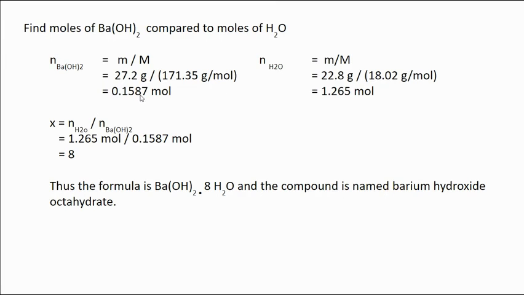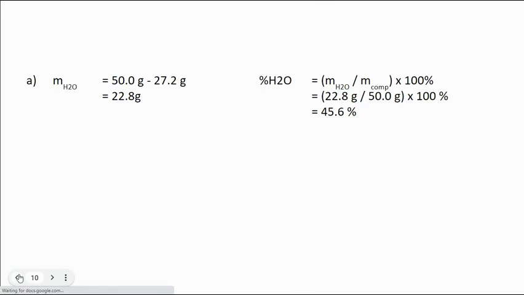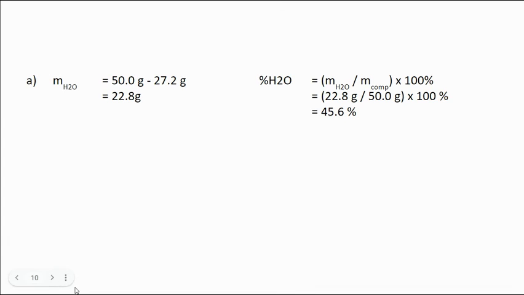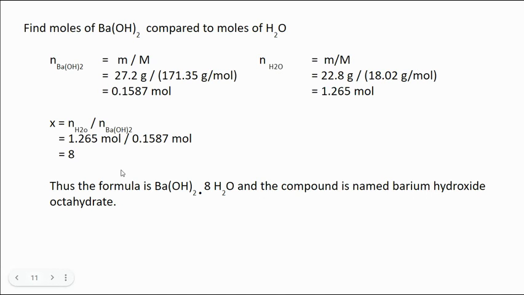Well, now what I have is a ratio. For every 0.1587 moles of barium hydroxide, I have 1.265 moles of water. But again, that is not the best looking ratio. I think we want to have it in nice whole number values. So in order to find X, that was how many moles of water we have, what we're going to do is just like we did for empirical formula, we're going to divide both of these numbers by the smaller of